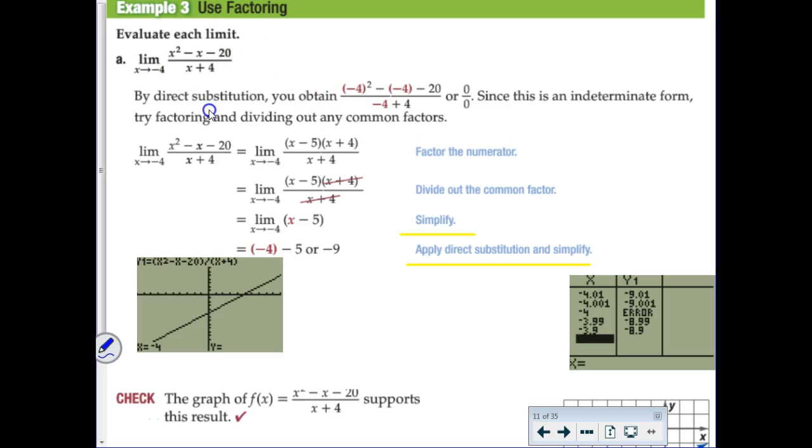So look at this example here from your textbook. As x approaches -4, well, that's not going to work for direct substitution right now because it's going to give me a divide by 0. But they said, what if you factored that numerator? And then you could cancel the x plus 4 factors. And you're left with just the function x minus 5. So if you remember us graphing rational functions back in this chapter, after you remove the discontinuity, you can graph the remaining polynomial, which in this case is just the line at x minus 5. But there is a hole